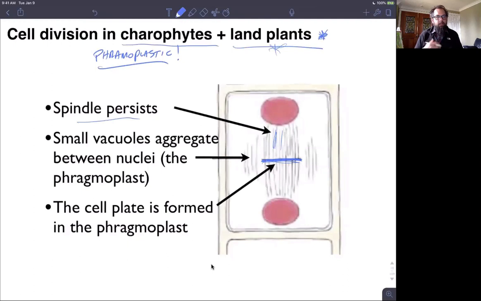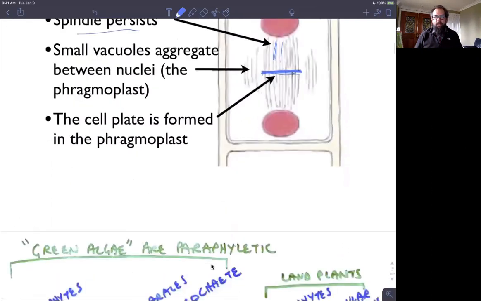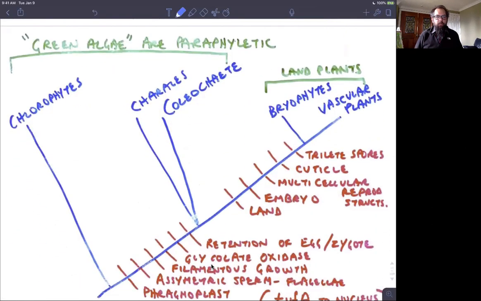And as molecular data, or DNA sequence data, has been used more and more for reconstructing phylogenetic relationships, what was actually discovered with some of the early molecular phylogenetic studies is that green algae, as we talked about them, including both Chlorophycean and Charophycean green algae, are paraphyletic. These are not a monophyletic group. And so really,